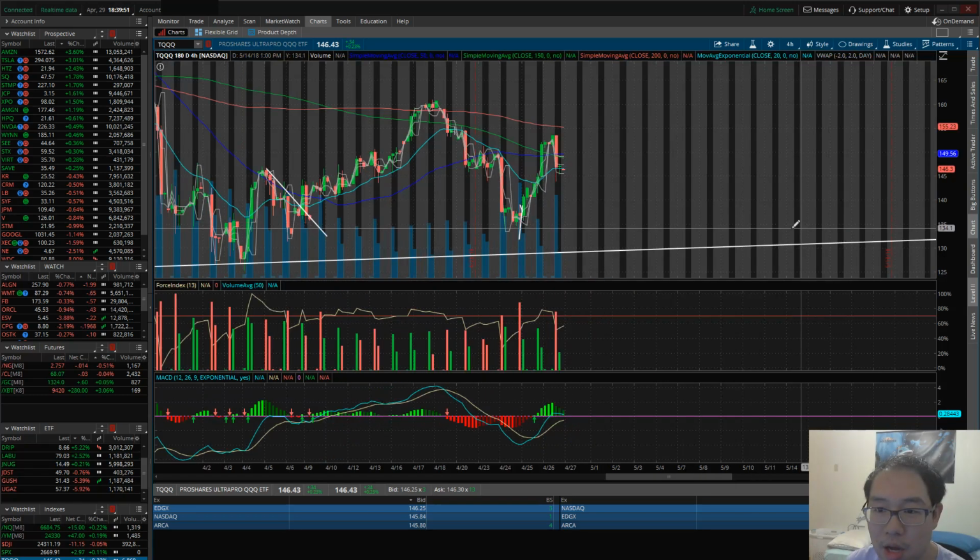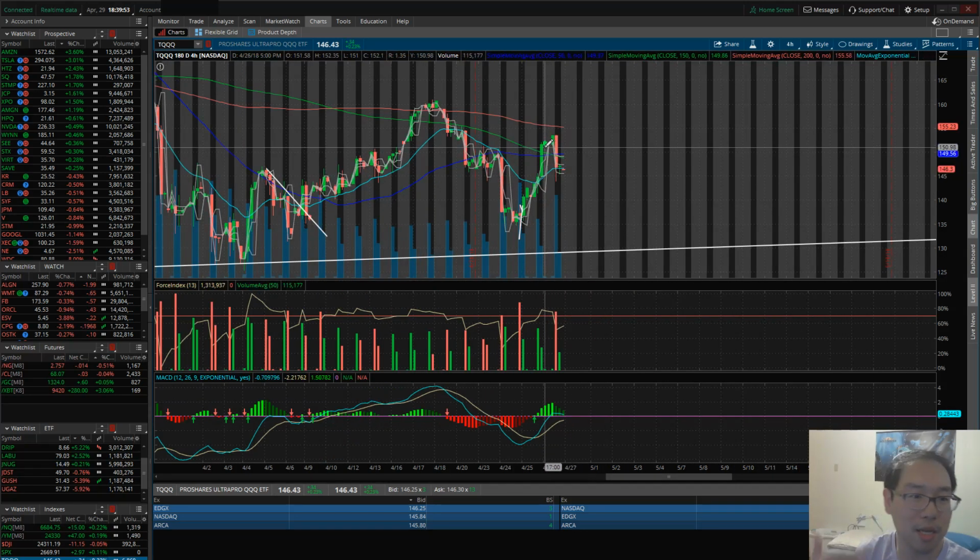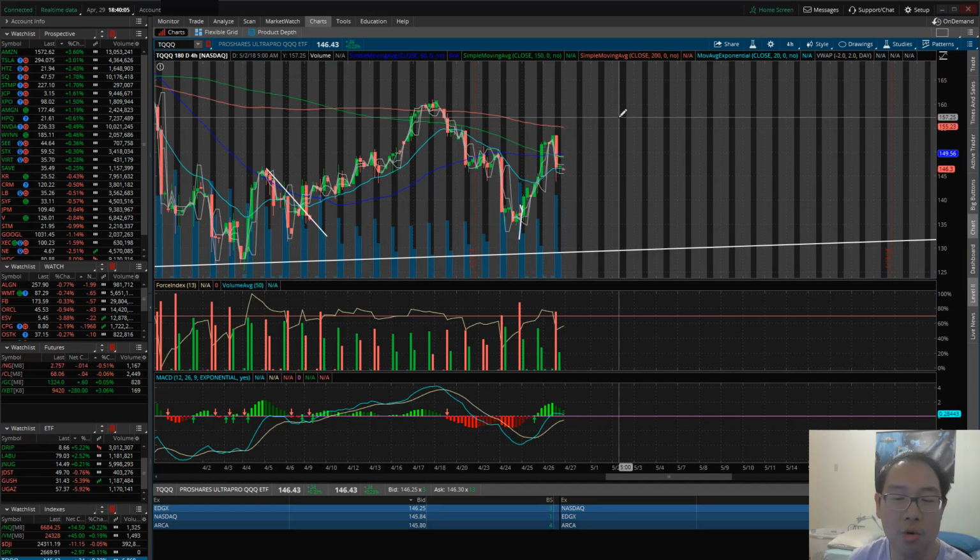You guys can see that this TQQQ got pushed up Thursday aftermarket because of Amazon earnings being extremely positive, but we did hold over the 20 EMA overall on the 180-day chart. So can you guys buy into TQQQ? Well, sure, if the markets do continue to pull up and as earnings come out in the next few days,